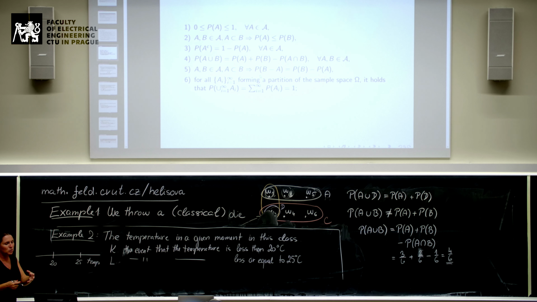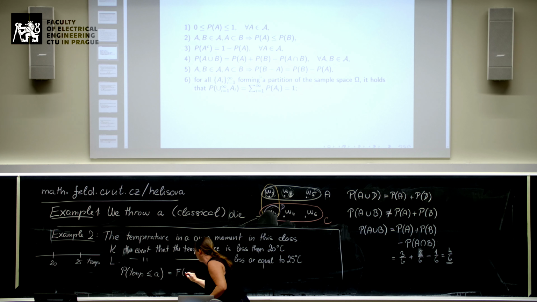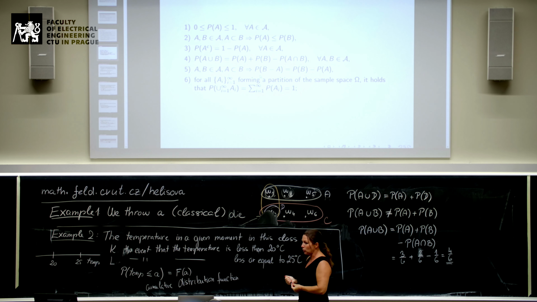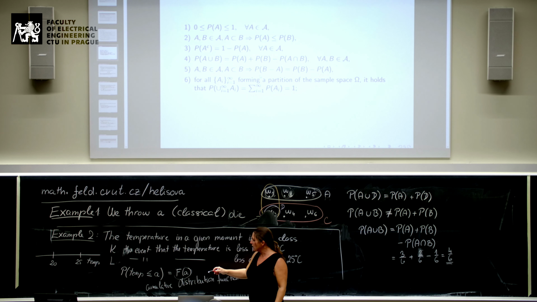And suppose that we have some function, some model, describing the probability that the temperature is less or equal to A. This function really exists. It is called a distribution function, sometimes also called cumulative distribution function. We will talk about this function later in more detail, but just for the beginning, for simplicity, imagine that we have a model describing the probability that the temperature is less or equal to each value A,